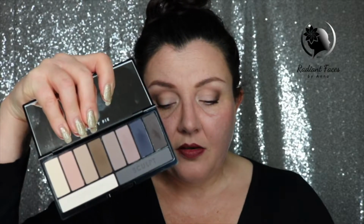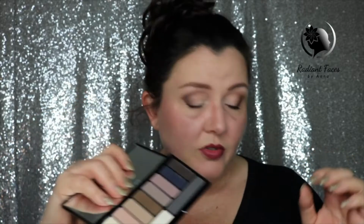So the two palettes that I saw on there, they are really safe palettes. They will suit most people. They'll look good on mature skin. They'll look good on young skin. If you want to, you could jazz them up. If you have your own glitter or glimmer or anything like that that you wanted to put on there as well, you could add that on there and jazz them up a little bit to make them a little bit more zazzy. So yeah, that was my 5 products that I got the first time